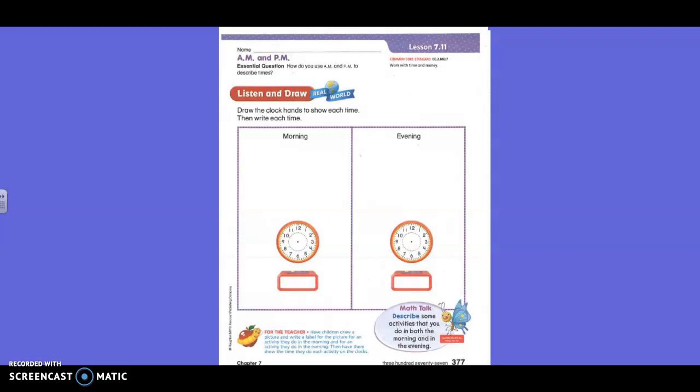Now, when you wake up in the morning, some of you, is it still dark out? Yeah, sometimes, right? So morning time can still be dark, okay? So, when we think about this,